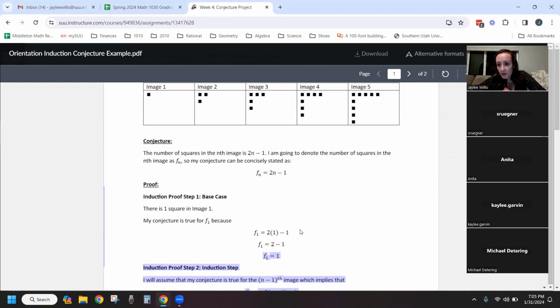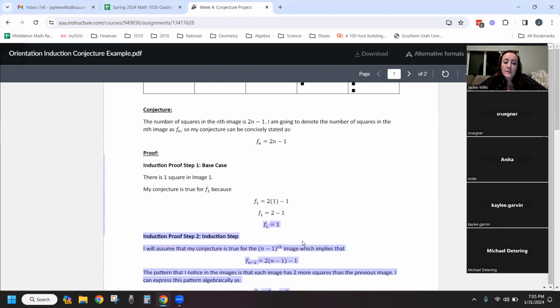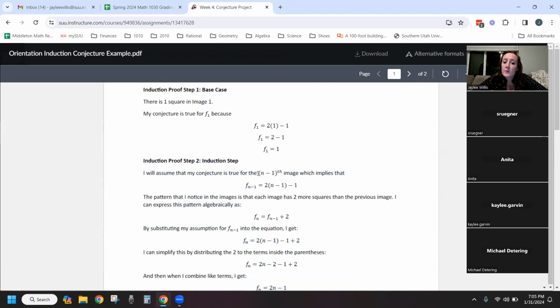It's really easy to prove because you just plug it in for the first image. But it's really important logically because the induction step says that if you assume that it's true for the n-1th image, you use that assumption to prove that it's true for the nth image. So basically you say, I want to look at, assuming that my formula works for the image right before whichever image I'm looking at, I want to make sure that that implies that it's true for the nth image. And the reason why you do that is because this proves it for an infinite number of images